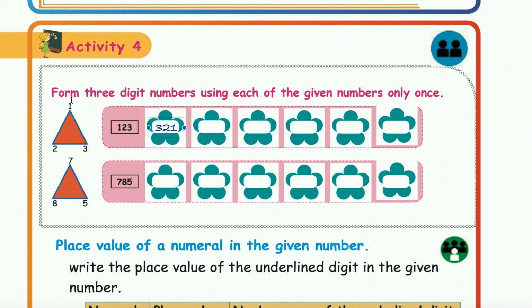Okay, next one 213. Okay, 132. Okay, 123. 312 also is there, right? You need to go both clockwise and counterclockwise. 312 also you can form, right? Then